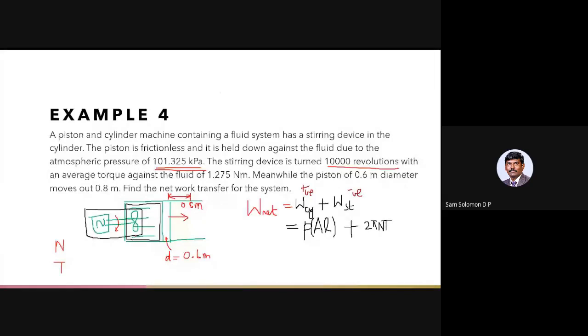See here, the work is done by the fluid on the surroundings, or I can say work is done by the cylinder piston device on the surroundings. Both are one and the same because the volume of the air and volume of the cylinder piston device both are one and the same. Is that clear? Yes, sir. Whereas in the previous case, the volume of the bottle is different from the volume of the air. Because it is different, then we consider the system. Since the system volume doesn't change, then we say the work done in that particular case is 0.